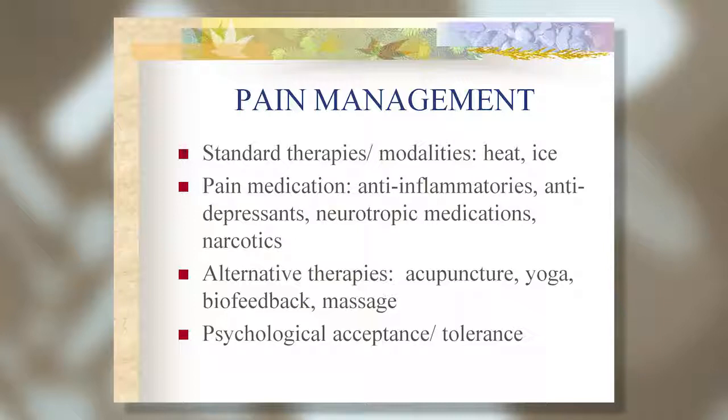Narcotics are a last resort. Long-term narcotic use is not ideal. It affects body chemistries, reduces pain tolerance, and often requires increased dosing that then will cause complications with constipation and may depress respiration. Alternative therapies can include things like acupuncture and yoga, biofeedback, massage to areas where there is muscle imbalance. And lastly,